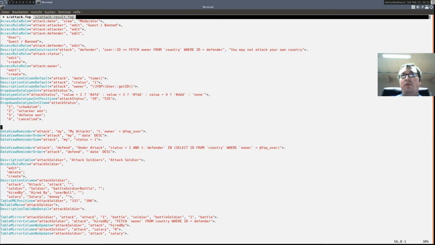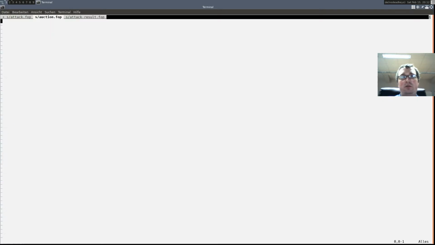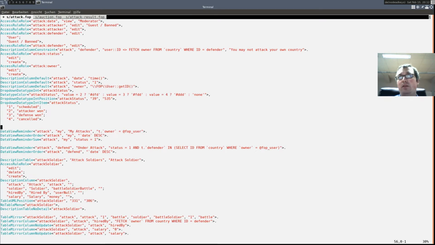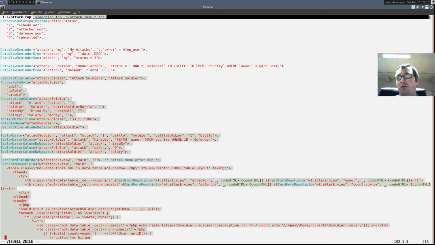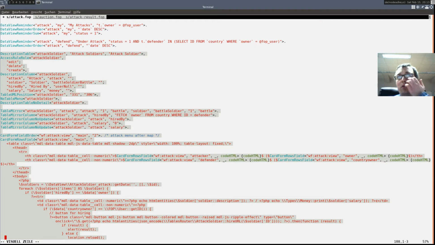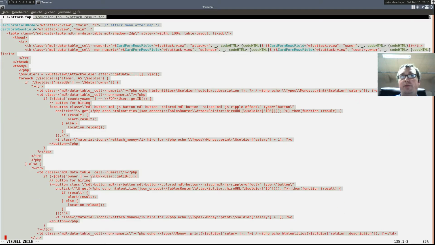Now next thing is attack auction. Or let's just name the file auction. So in auction we have the attack soldier list, attack soldier, and our list finally.